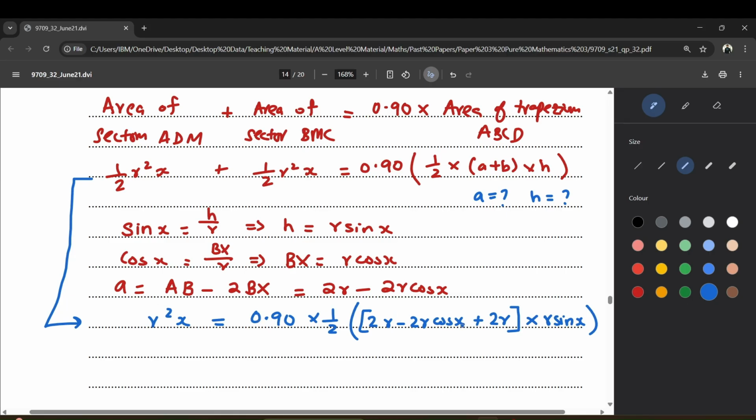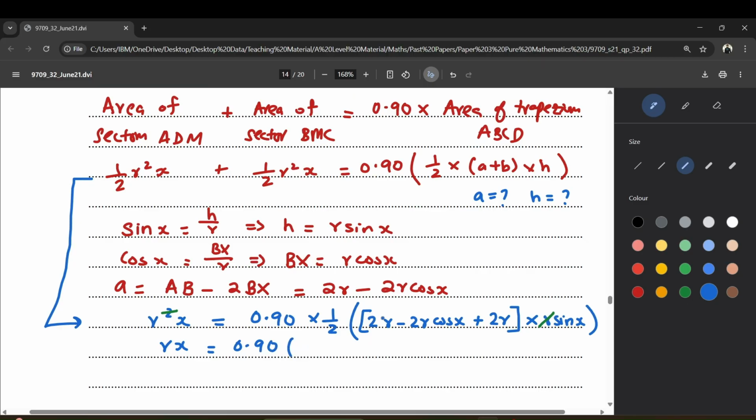So if I am to work this out, what we can do is there are some cancellations that we can do. So if I see that all of these are multiplied, right? So I can cancel this r from this r. So one of the r's will cancel. So I'll be left with rx equals